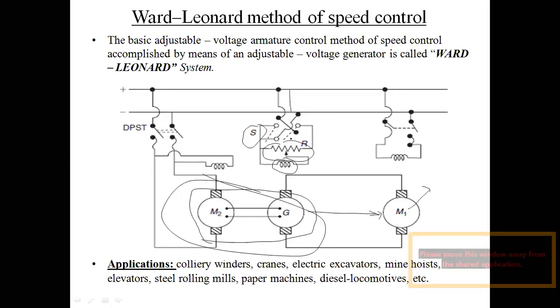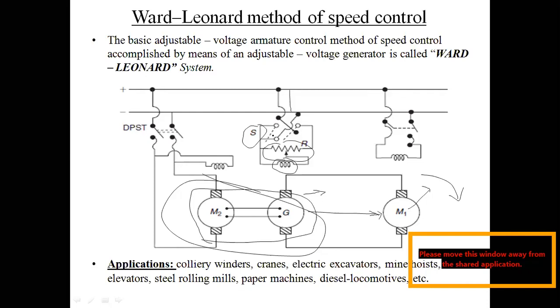If the varying voltage is applied in the forward direction, the motor rotates in the forward direction.